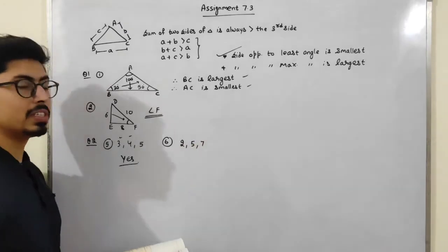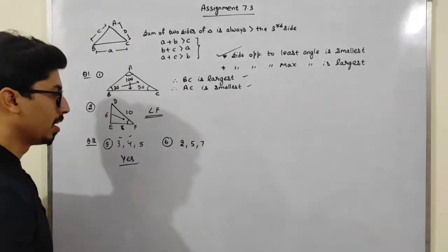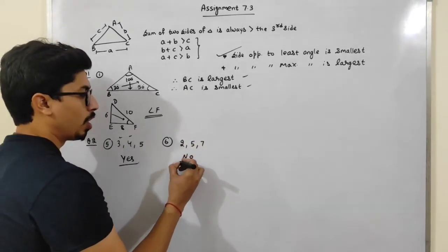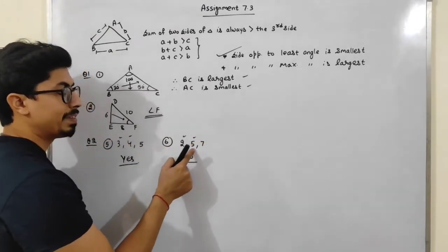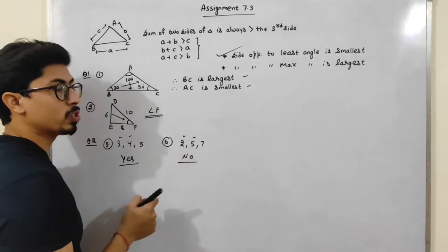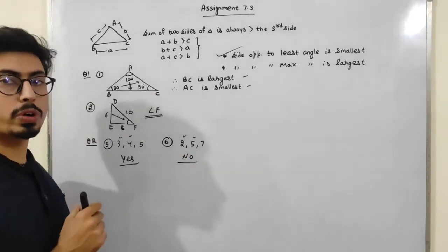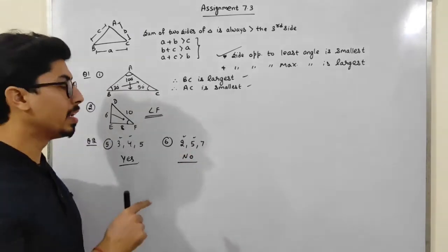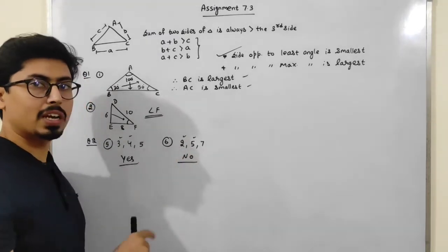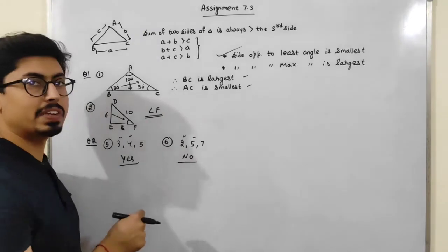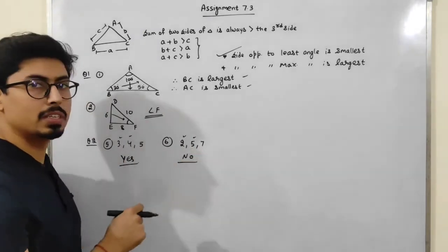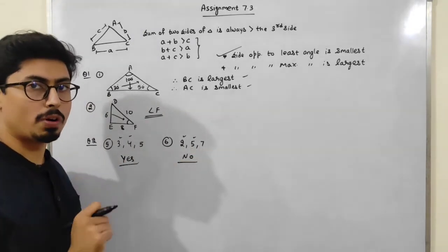7, if I take, see, this will not form a triangle. No, it will not form a triangle. See, because if I add just these two, 2 plus 5 is 7 and 7 is equal to 7. But always make sure, students, a triangle will form when the sum of two sides of a triangle is always greater than the third side. Okay. Here the sum of these two is 7 and 7 is not greater than this. Okay. So it will not form a triangle.